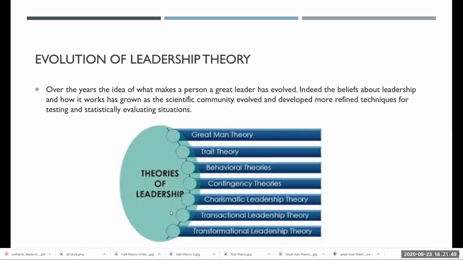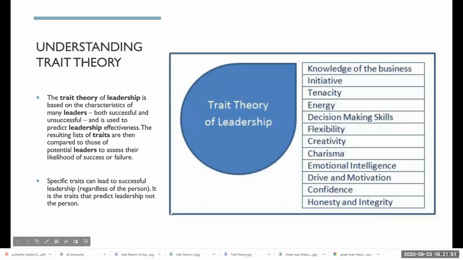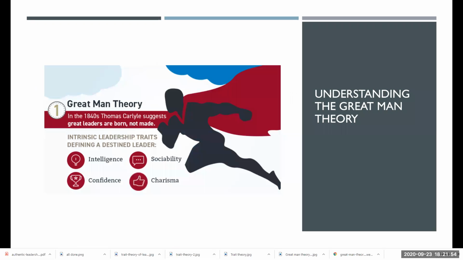The great man theory of leadership really focused on the behaviors or the attributes of people. It was a theory that was developed by Thomas Carlyle back in the mid-1800s. And what he did was a survey of what he regarded to be great men, which it appeared that history revolved around. Now, I'm going to explain this, but we could also say there's lots of problems with this particular